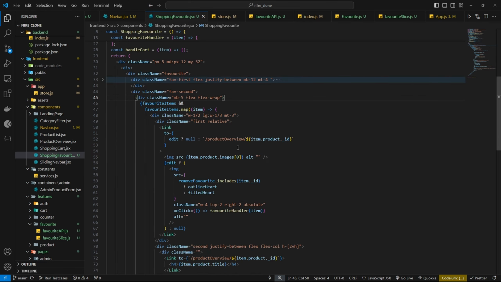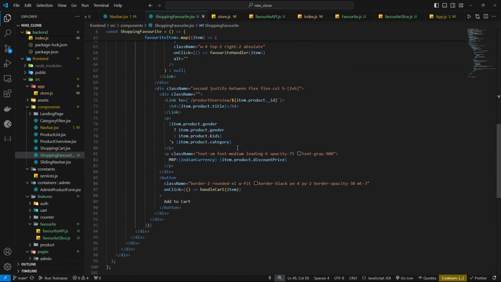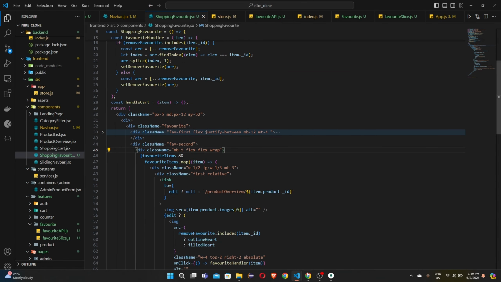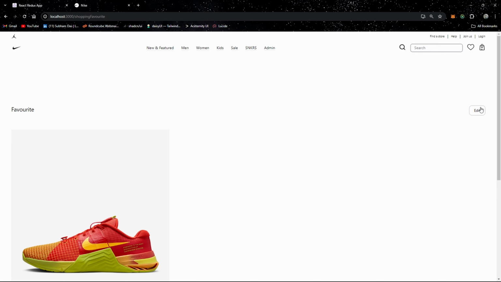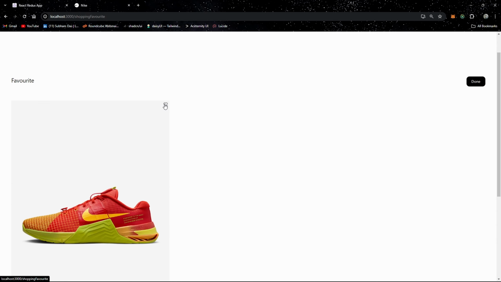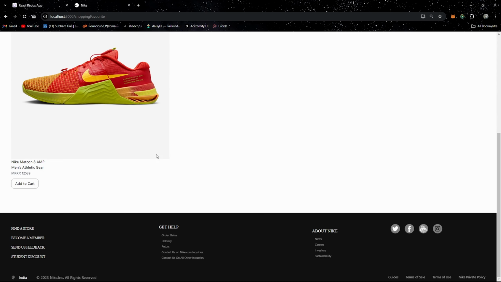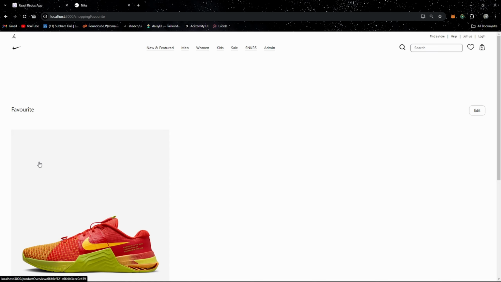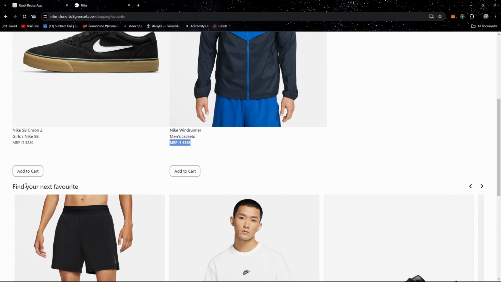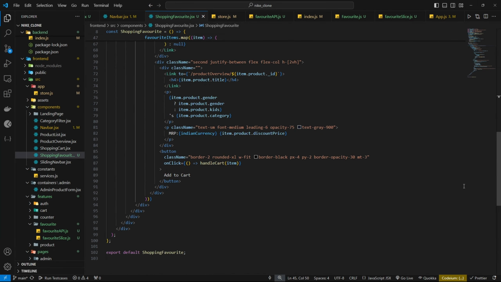I was thinking of making the functionalities first. The first functionality will be to remove the favorite from here, and after that, adding to cart functionality should be here. So let's make these two functionalities, and after that we are going to make the section for find your next favorite. Okay, so for that